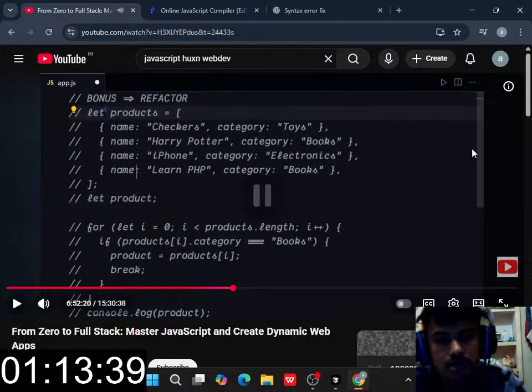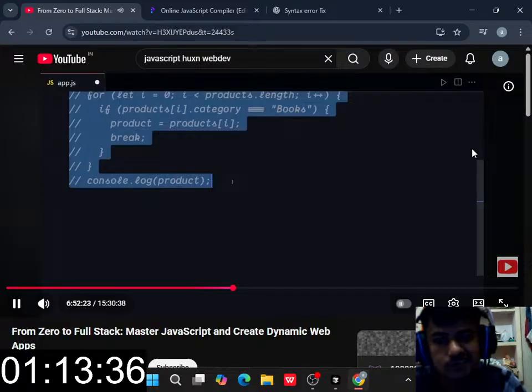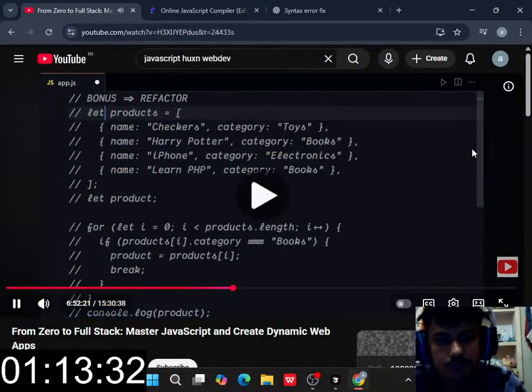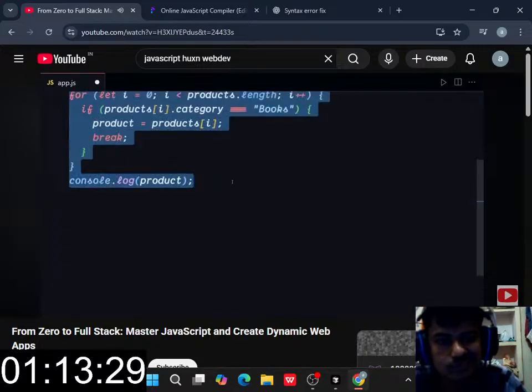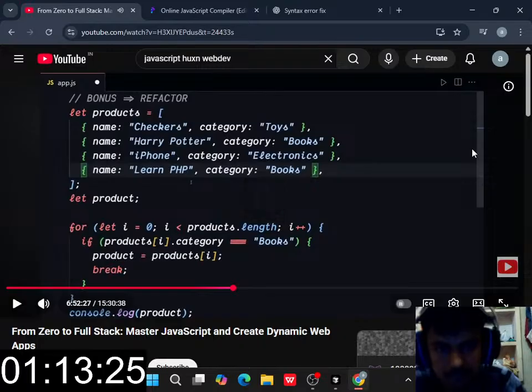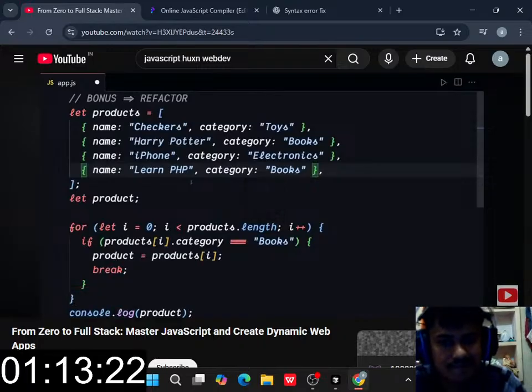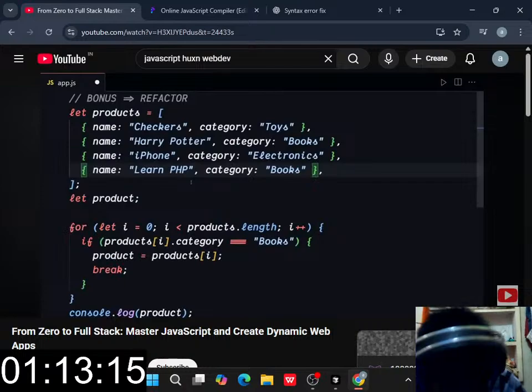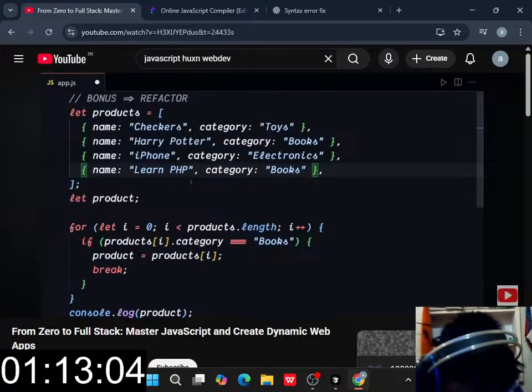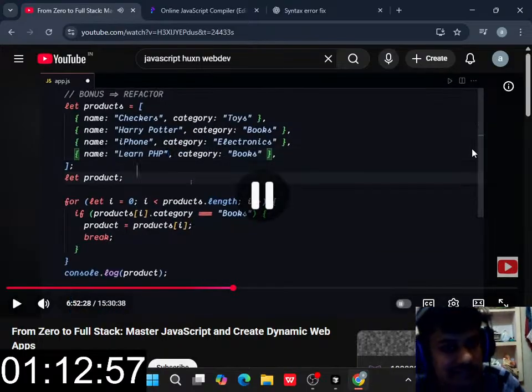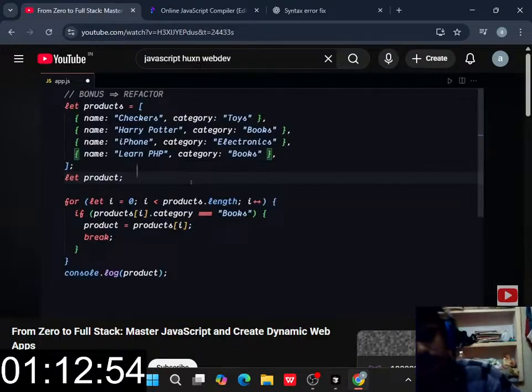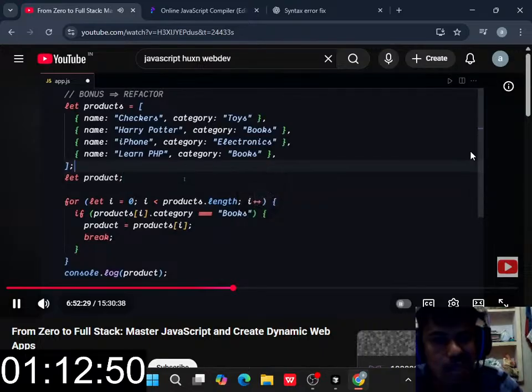This is not ES5 code, by the way, but this is just an older way of writing that find method, so you can refactor this code to a find method right here. So what are we currently doing? So first